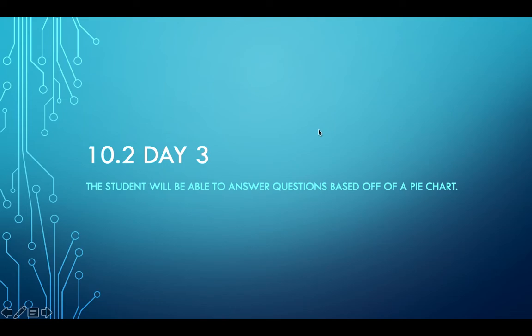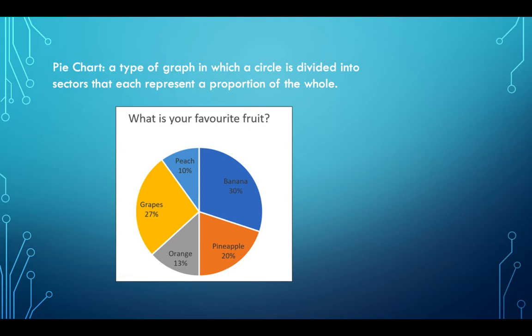Today we're going to talk about a third type of graph or chart, and that is the pie chart. So we're just going to answer questions based off pie charts today. Hopefully this isn't a new skill. I assume we're all familiar with pie charts. But a pie chart is a graph in which a circle is divided into sectors or sections that represent a portion